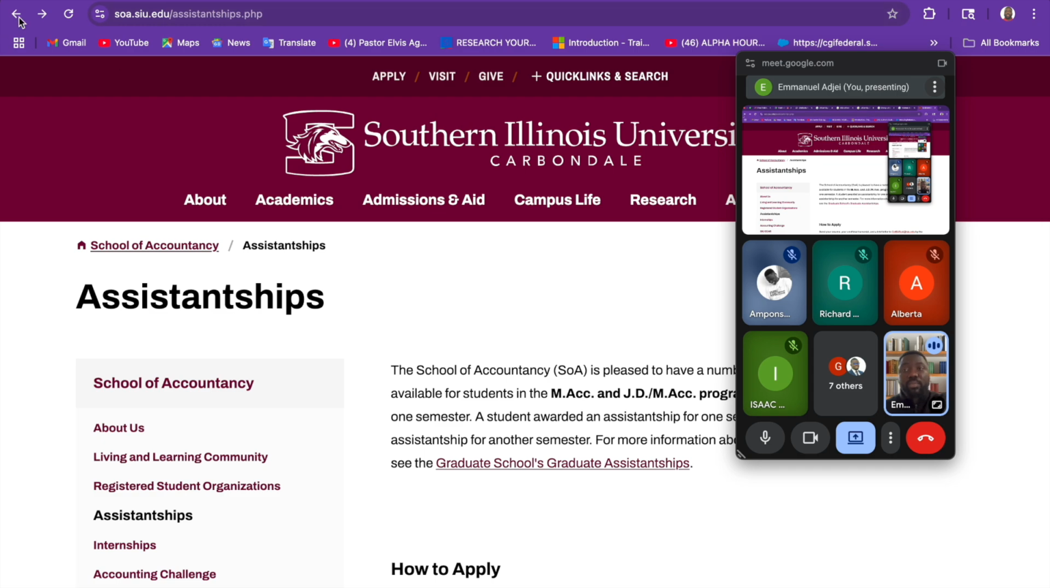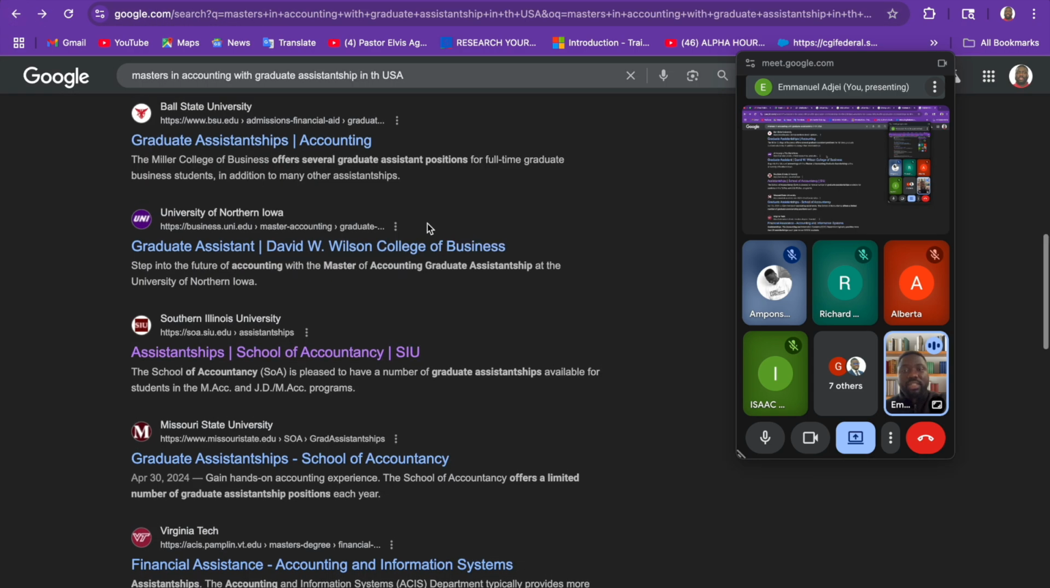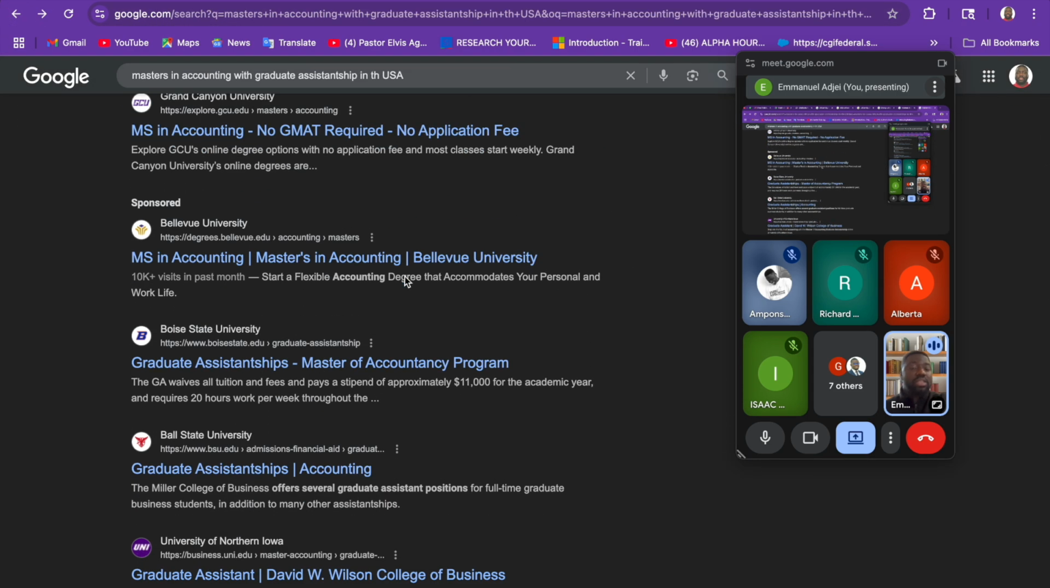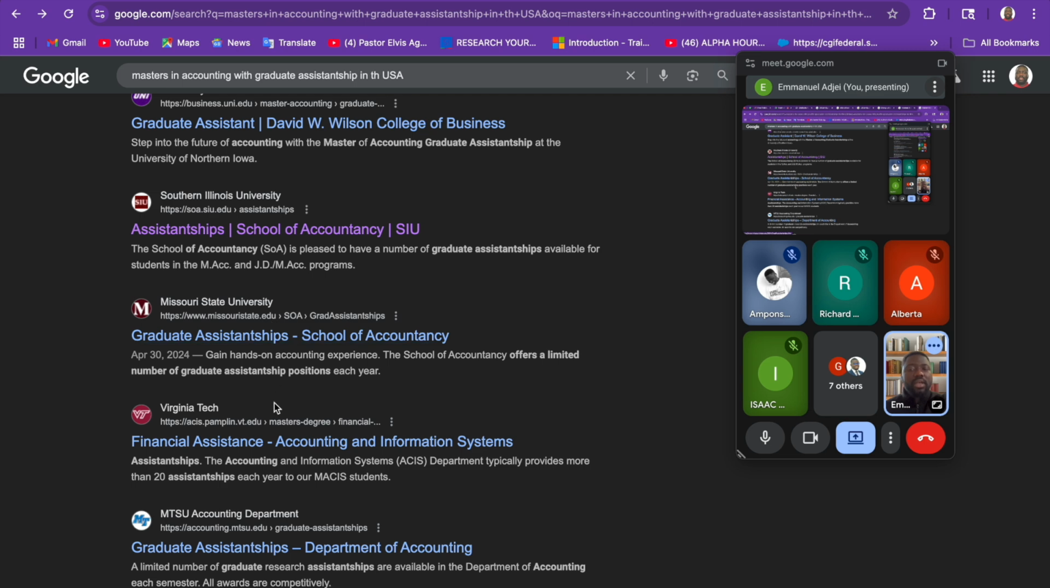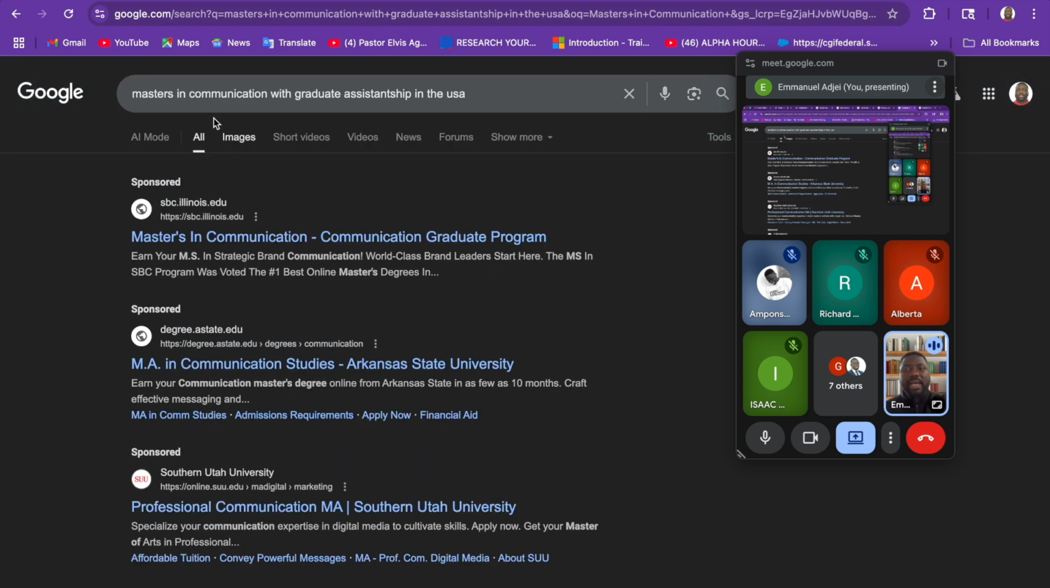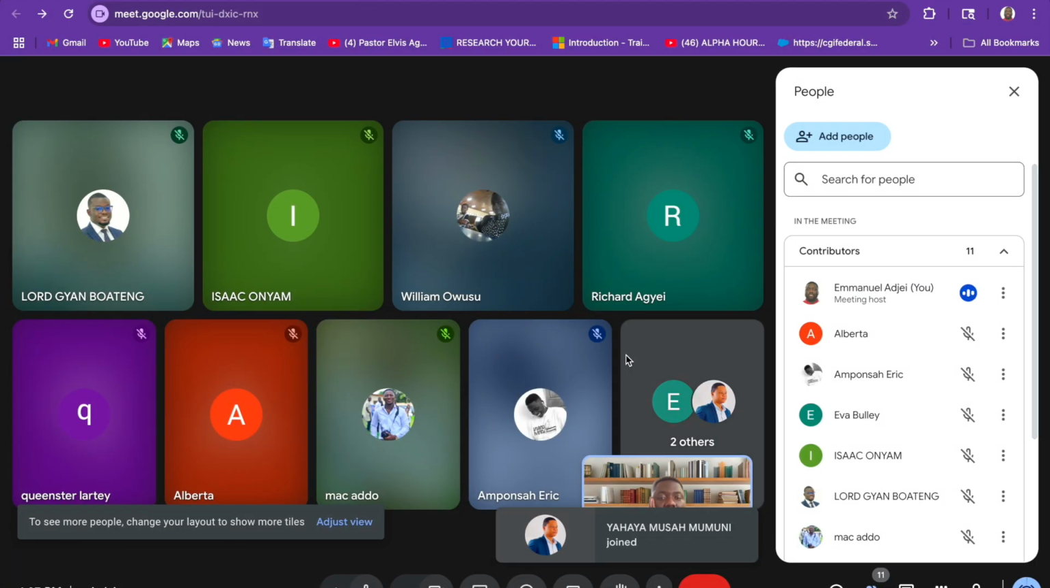A lot of universities will pop up for you when you do this simple search that I did here. And it helps you to see all the universities having graduate assistantship in accounting. So you see Northern Iowa here, you see Missouri State, you see Virginia Tech, all of them are there. Quickly, Masters in Communication with graduate assistantship in the US. Yeah. So we are just going to take it from there and